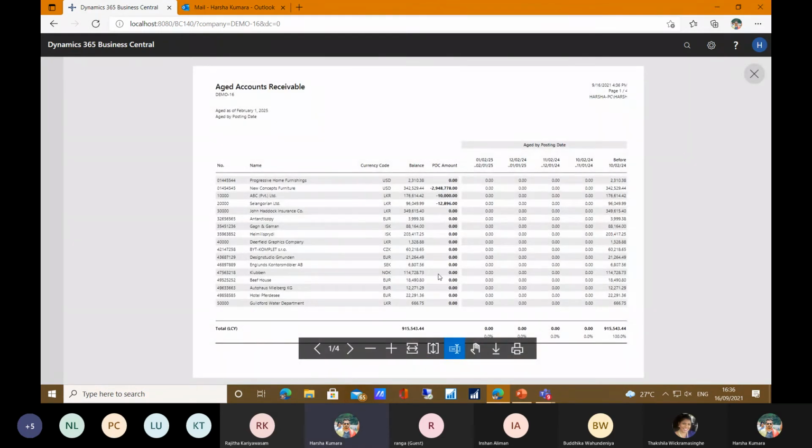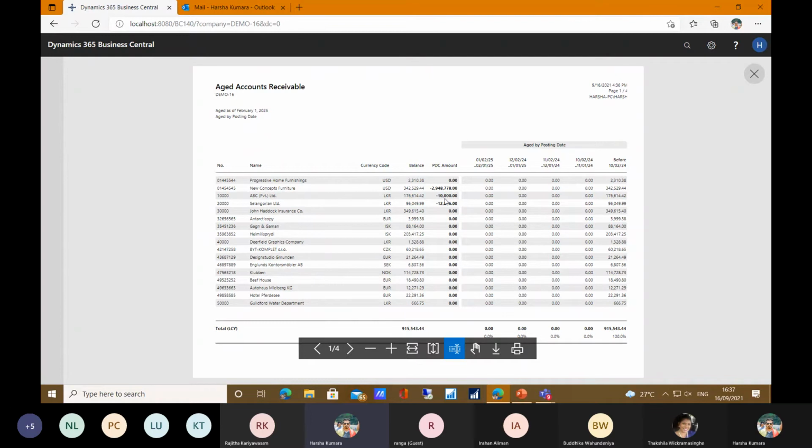This is actually your aged accounts receivable report, and the PDC amount is reflected in a separate column. When you refer to your report as a memorandum record, we can see what PDC amount is currently in hand for a particular customer. Actually, for this 10,000 customer, as we reviewed, the 10,000 PD check amount has been reported.